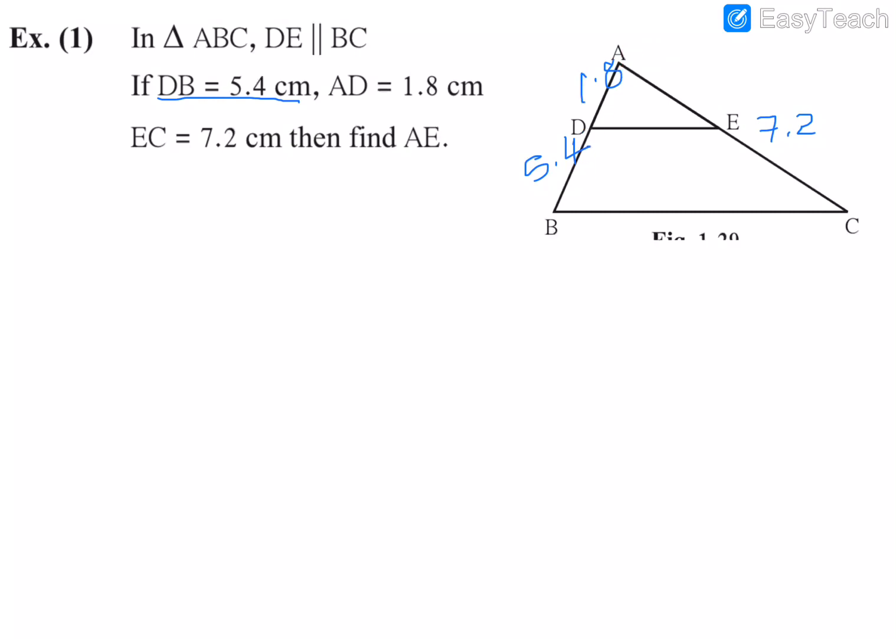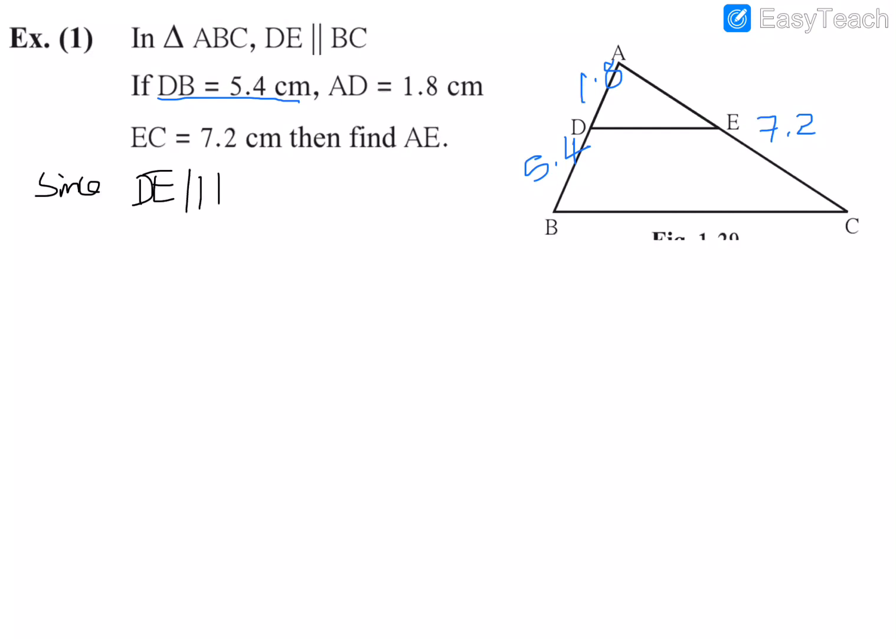So we can use the basic proportionality theorem, since it is given that the line DE is parallel to BC. One line is intersecting this triangle and it is parallel to one side of the triangle. Also the measurements of the sides are given. So according to the BPT theorem we can write,